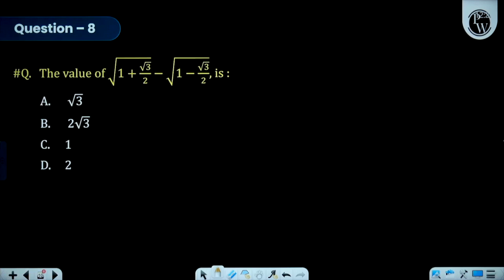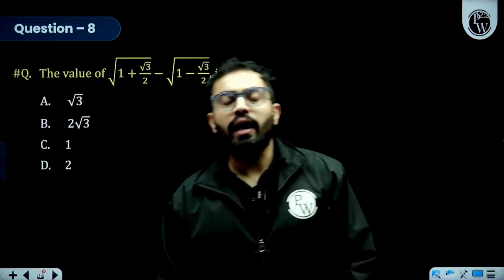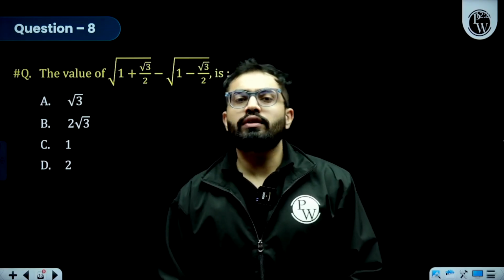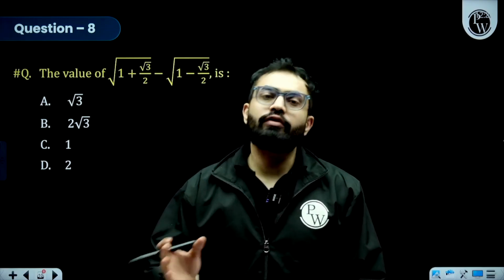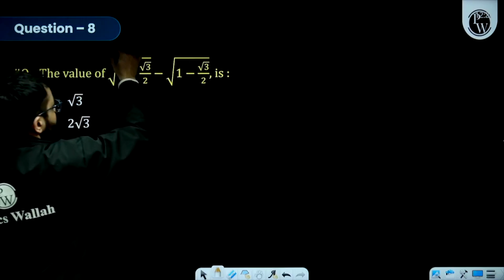In this one, it is saying the value of under root of 1 plus root 3 by 2 minus under root of 1 minus root 3 by 2 is. You can definitely pause this video and give it around 45 seconds to solve. Alright, so let us see how we can solve it. Since we need to find the value over here and the terms are in square root, the thing that is coming in my head is definitely squaring these terms in order to resolve it. So if I square these things,